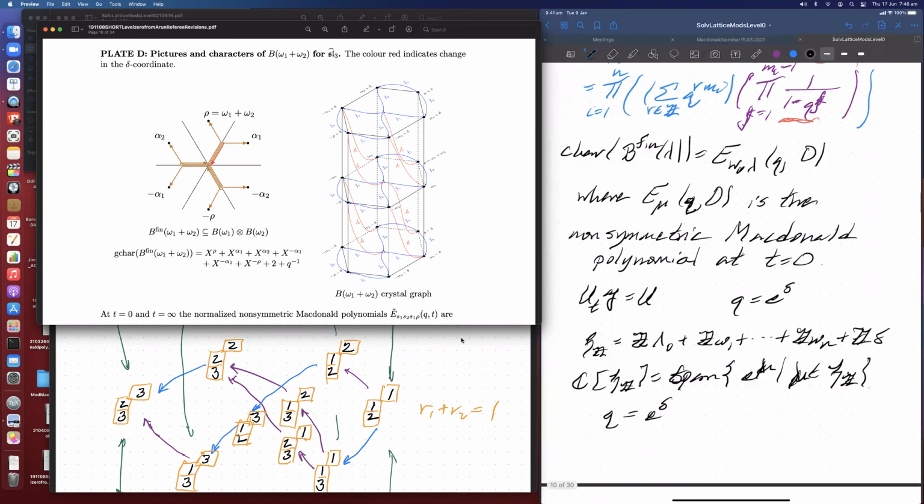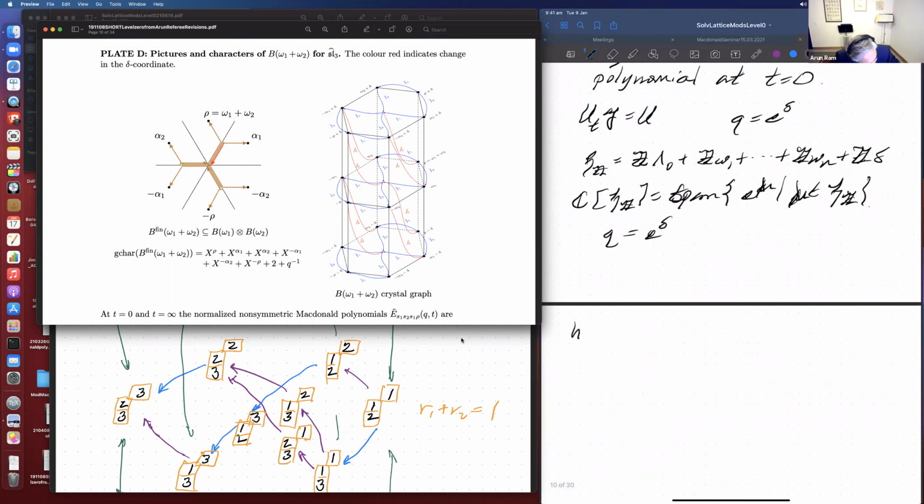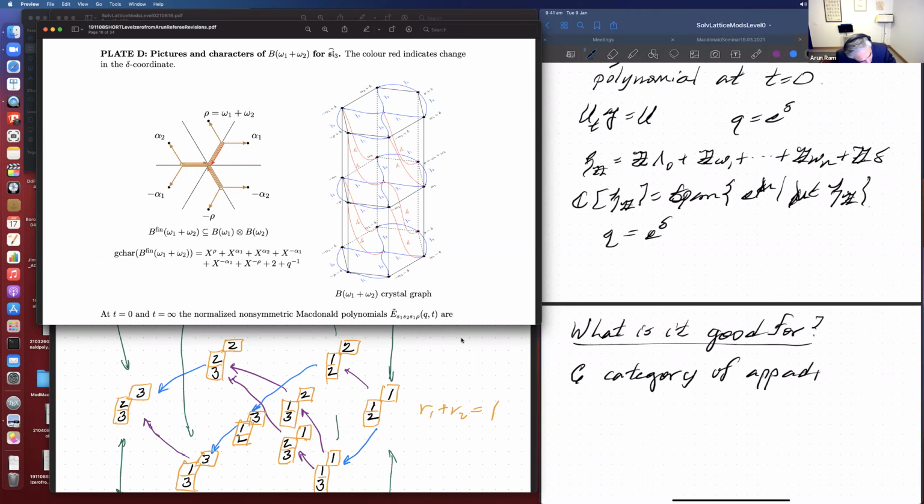Okay, great. So what is it good for? Well, I don't really know, except that I feel like it must be really good. And so I want to let C be the category of app-edge level 0 modules. And I want to let O be the category of